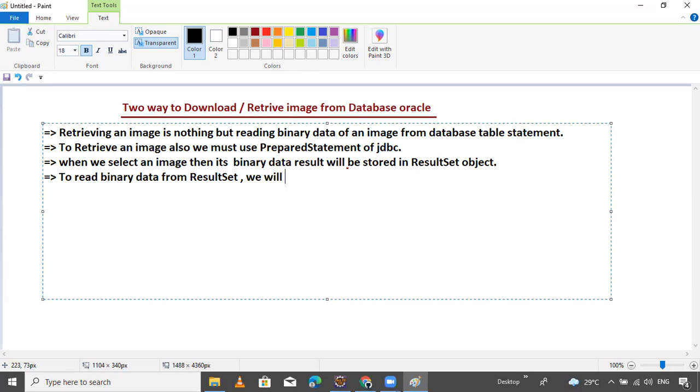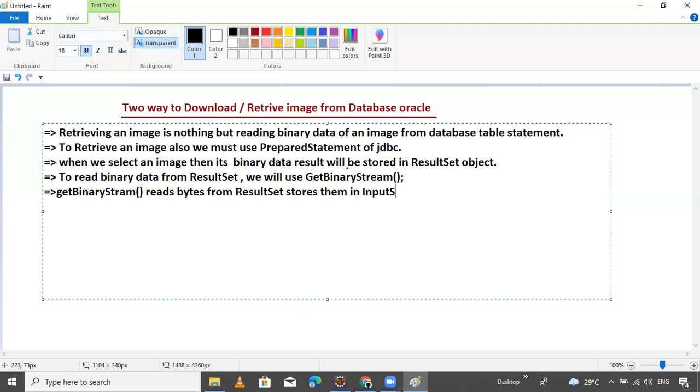we will use the getBinaryStream method. The getBinaryStream method reads bytes from the result set and stores them in an input stream.